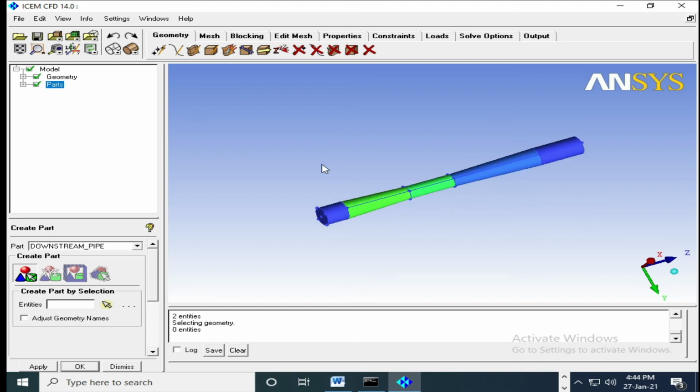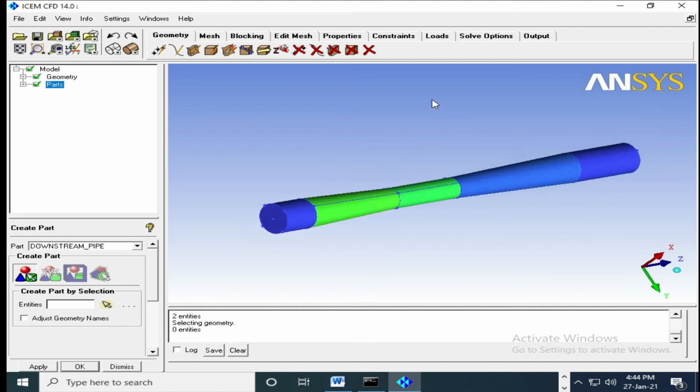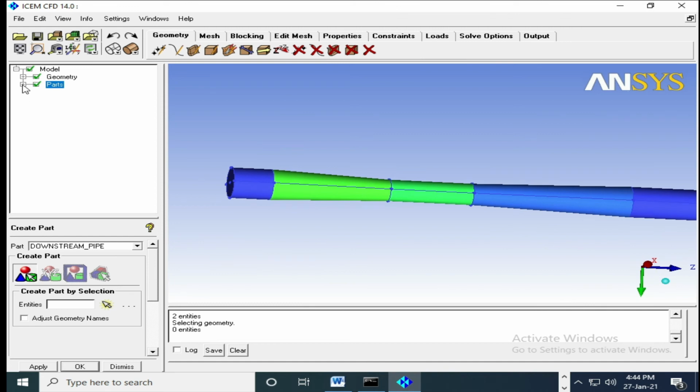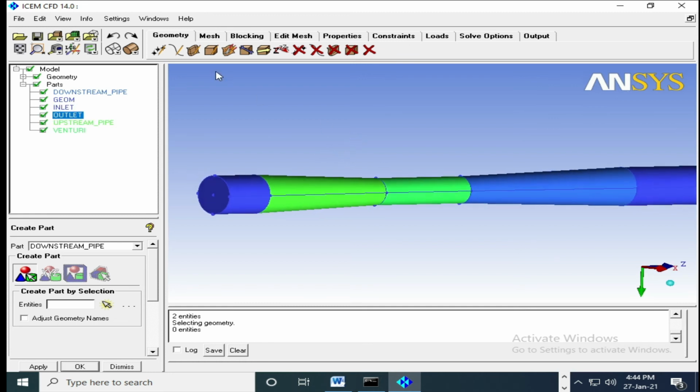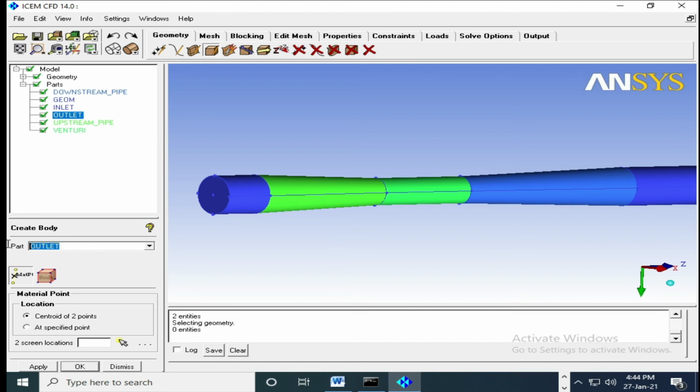Now if I can see here, it is upstream pipe, it is venturi, it is downstream. It is inlet, and another is outlet, on the opposite side. Next I will write about the fluid point.